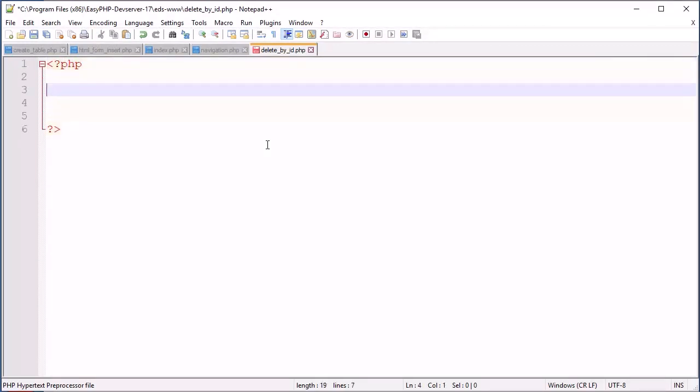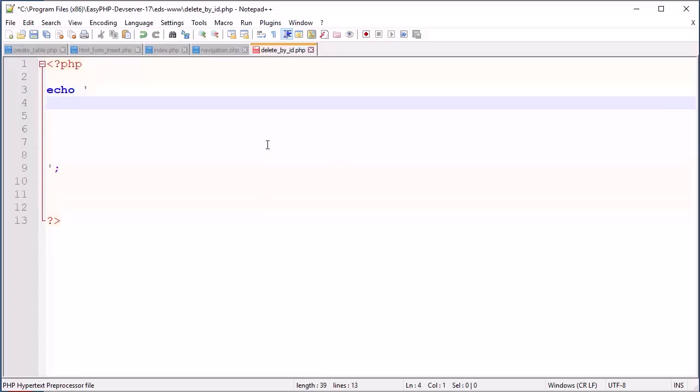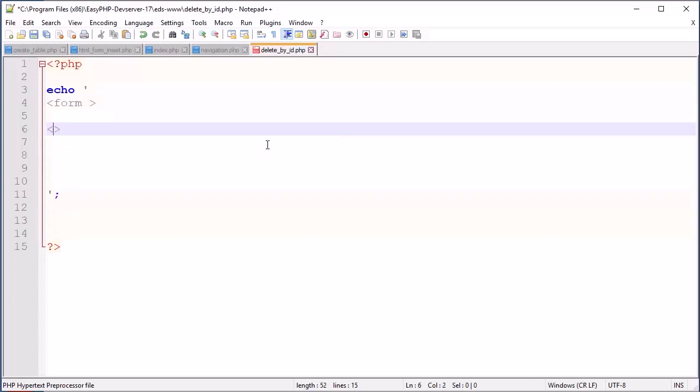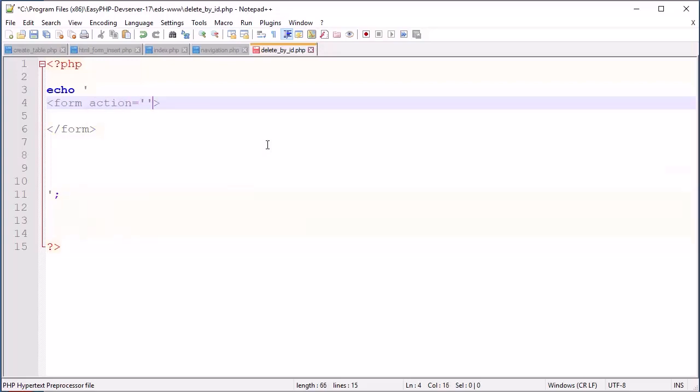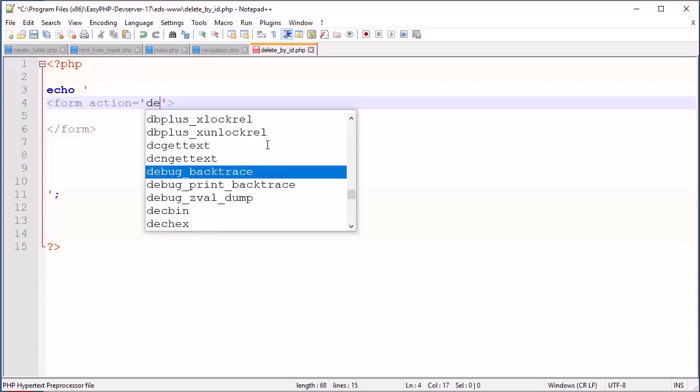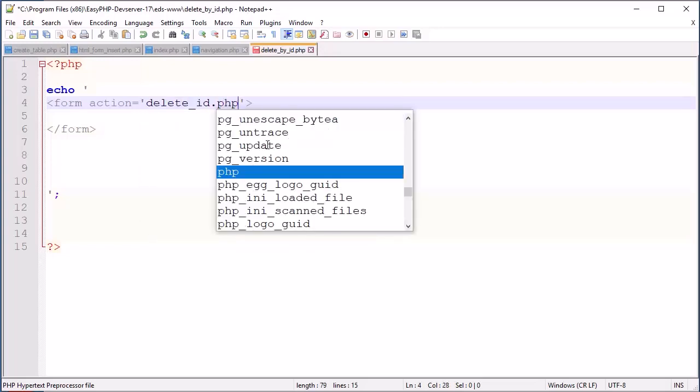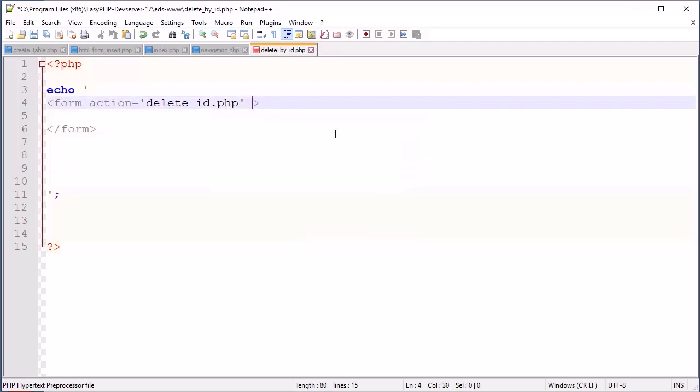Okay, so form, we need to print it with echo, because this is PHP. And here inside we will use pure HTML. So what was it? Form, and we need to close it down there, and up here we will use action, and the PHP script that will get the job done will be like data processing form or something. Delete ID dot php, okay. Method must be post,